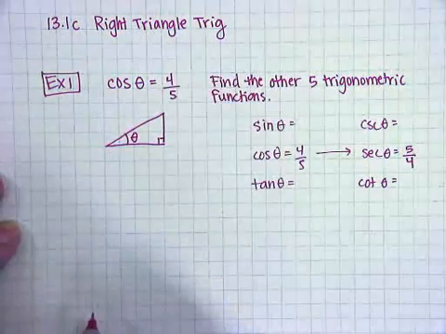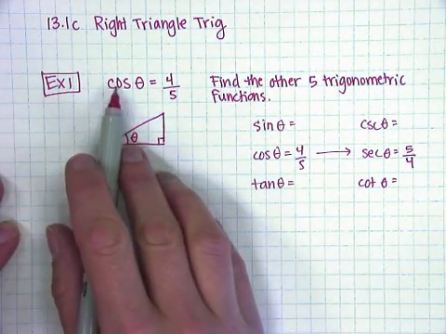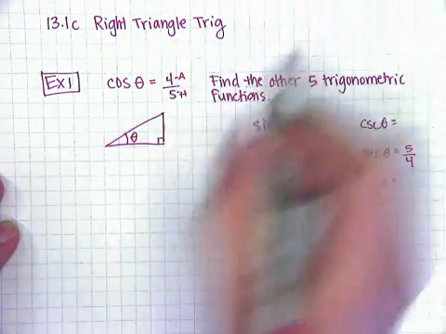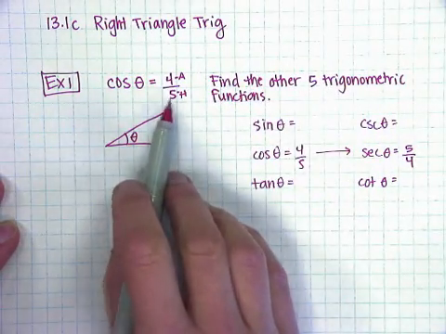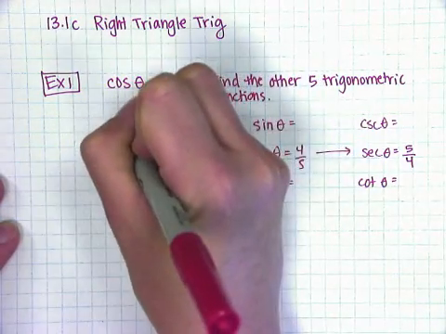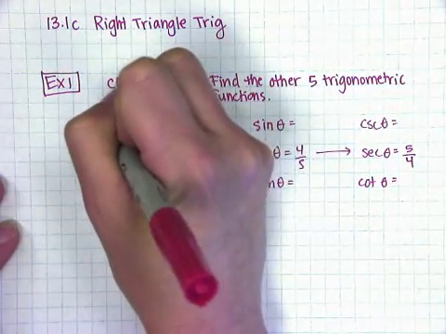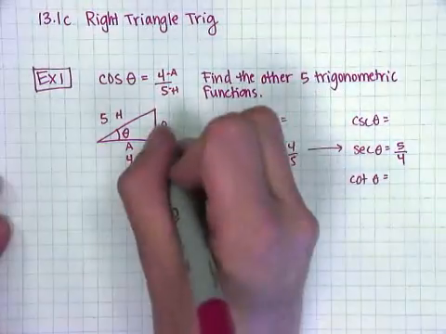I label one of the angles theta, and then since I know from SOHCAHTOA that cosine is adjacent over hypotenuse, that tells me that the adjacent side is 4 and the hypotenuse is 5. So I go over here, I've got my adjacent, my opposite, and my hypotenuse. My adjacent side is 4, my hypotenuse is 5, and then I can use the Pythagorean theorem to find the